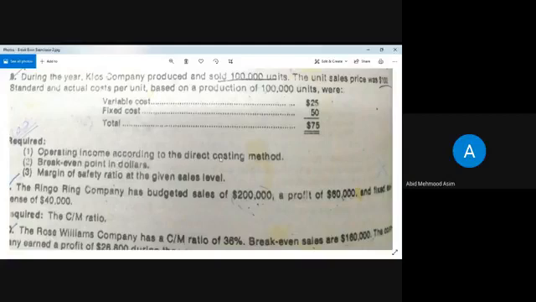So break-even point in dollars is a simple calculation by the formula that you have already learned, the fixed cost divided by contribution margin ratio. So this is in dollars, so you have to divide it by contribution margin ratio, and contribution margin ratio would be sales. You have no need to calculate in the amount. You can calculate the contribution margin ratio by the units as well.